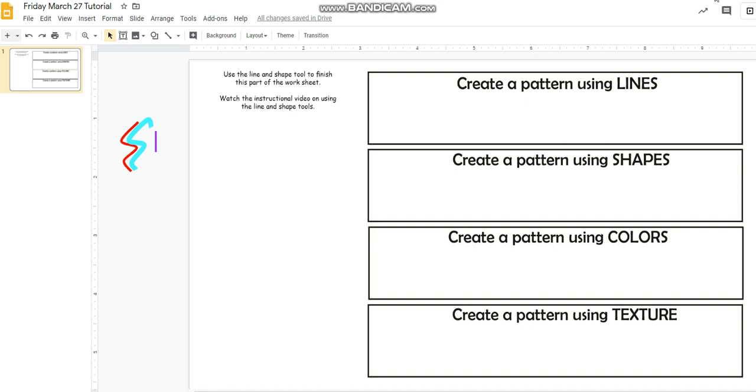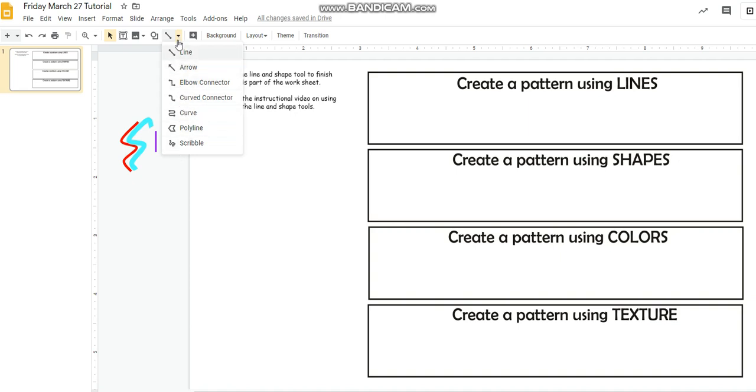Orloff's online art class. Okay, so I want to teach you guys how to use the line tools. Again, hopefully you should be able to see my cursor this time. If we go up to this tool up here, the drag down box,